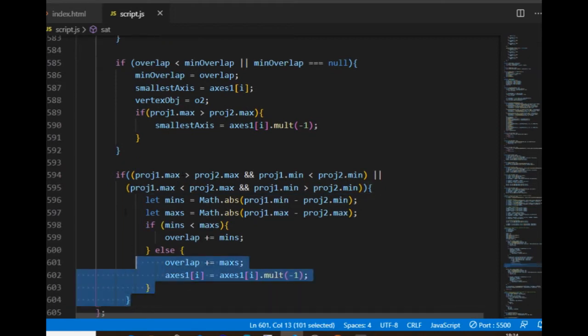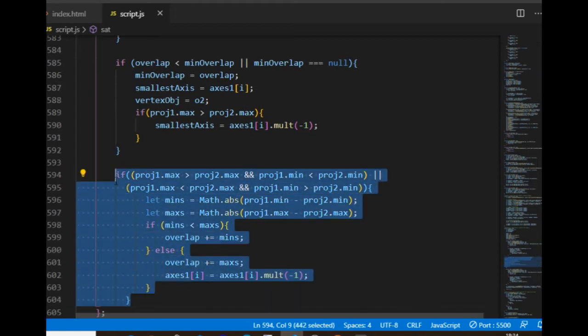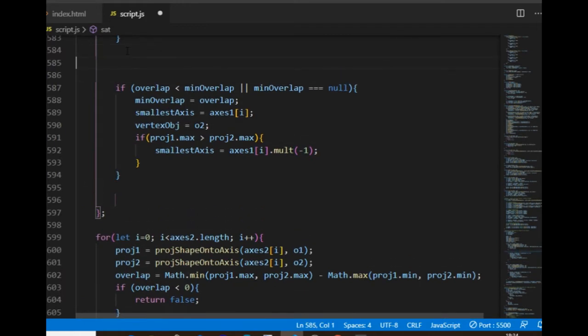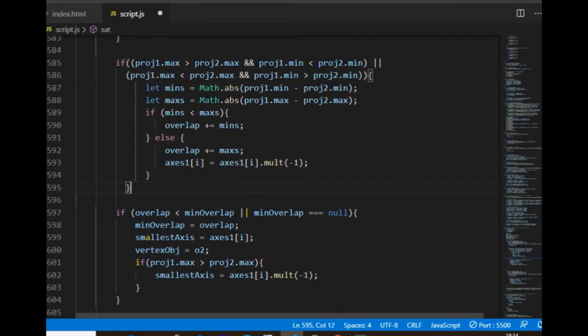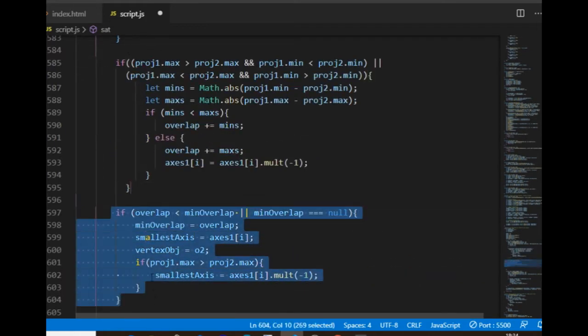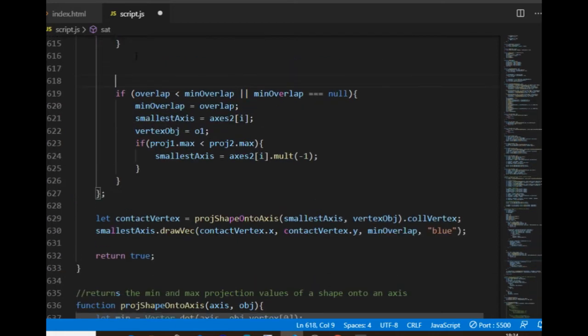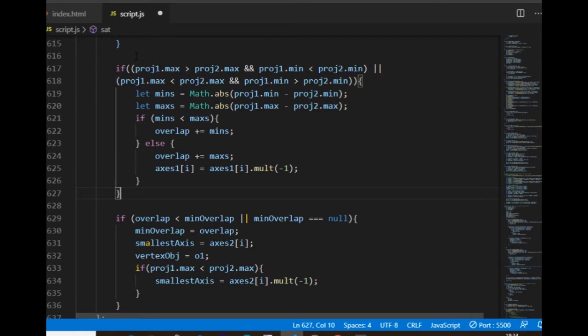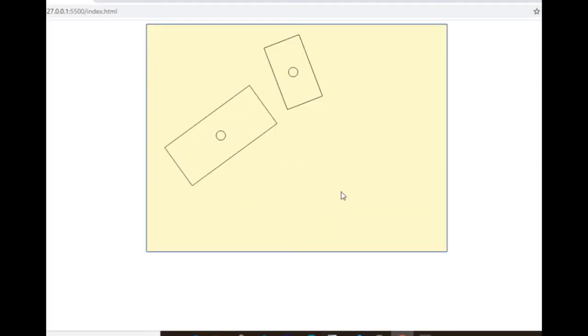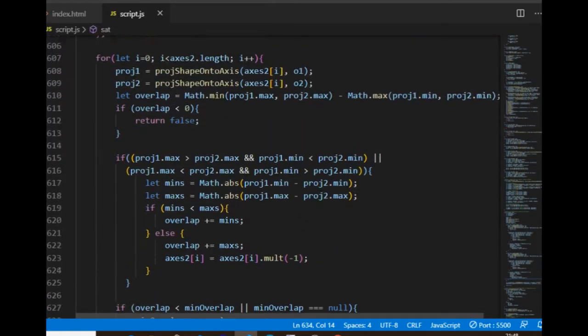And actually this should happen before I compare the overlap value to the minimal overlap, so it goes above this block. And I also copy it to the other iteration here to apply it for the case with the other axis. And if I check the canvas now, then I can see that the algorithm can now handle the containment. Now I have a big duplication in the code.